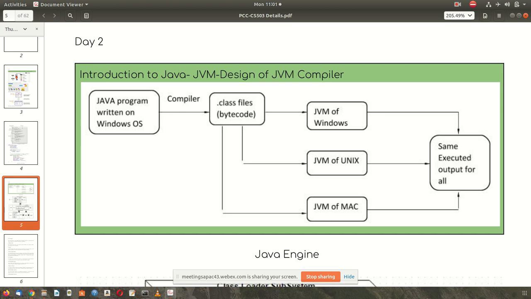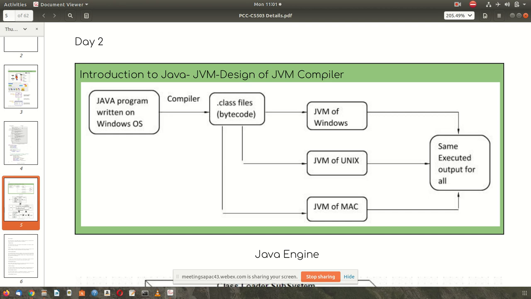Suppose you want to test how your program will look like in an Android TV, then you have to download, or upgrade the Java virtual machine, or make the choice. There will be a lot of choices available, but the program you don't have to change. You have to choose one of the options. It may be an Android smartphone, a KitKat smartphone, an Android 9 smartphone, an Android 10 smartphone, an Android based TV, a Unix based system or a Mac. Any one of them you can choose and see how your program will look in that.